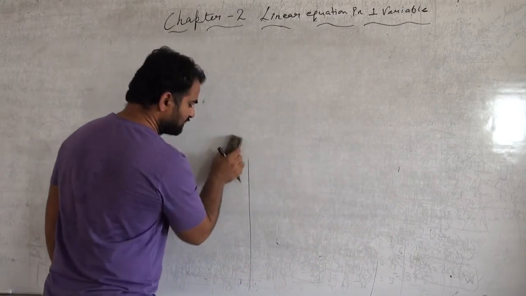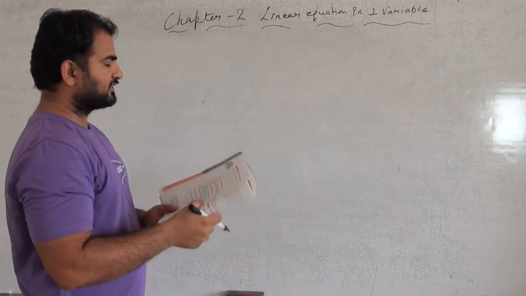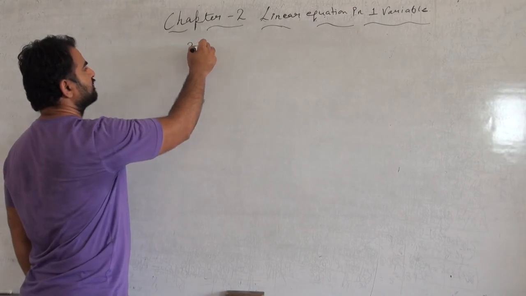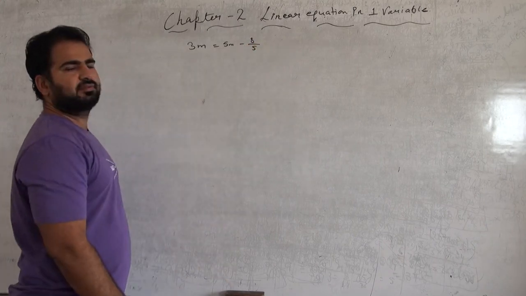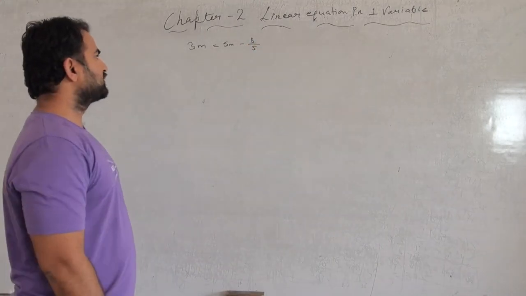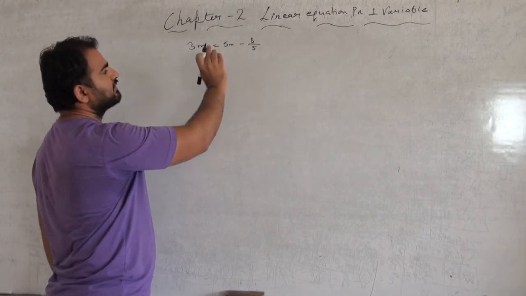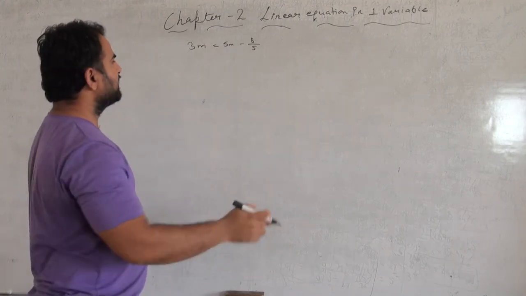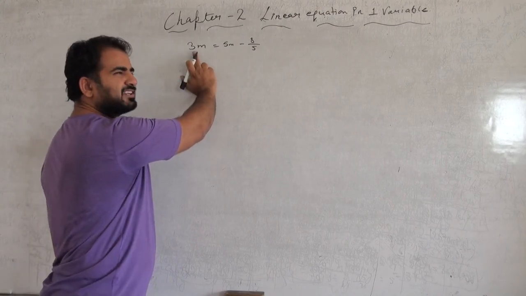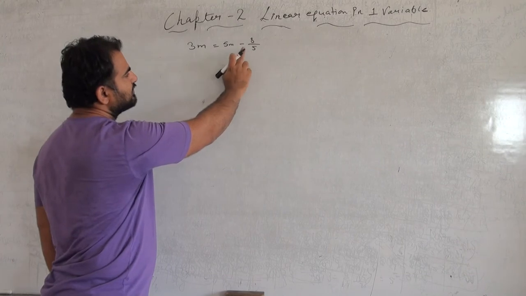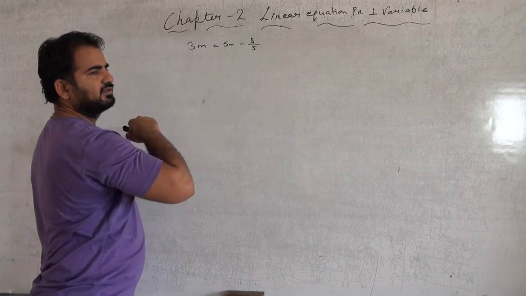Okay, question number 10 is 3m equals 5m minus 8 by 5. Okay. So class, what we can do is just place it on the left hand side, but think of a value: if we place 5m there, it will be negative 5 and positive 3. The answer will be minus 2 and it is also negative. What we can do is place this 8 upon 5 on the left hand side and this 3 on the right hand side. Okay, what will happen?